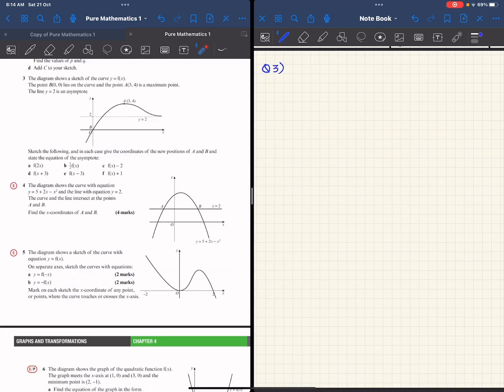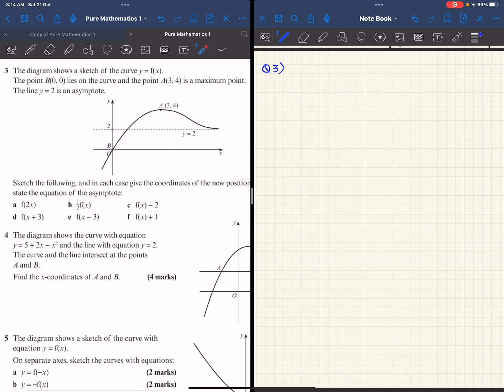Question 3. The diagram shows a sketch with curve y is equal to f of x. Point B, which is (0, 0), lies on the curve, and point (3, 4) is a maximum point. The line y is equal to 2 is an asymptote. Sketch the following, and in each case give the coordinates of the new positions of A and B. State the equation of the asymptote. So now in this question we will see what are the transformations from A to F. The first part of the question is